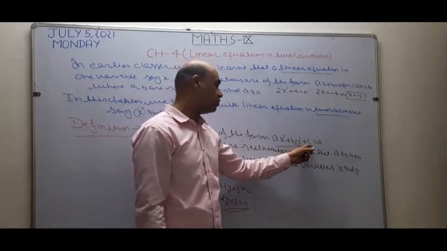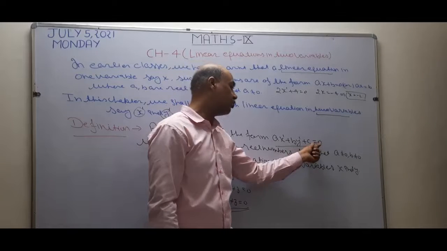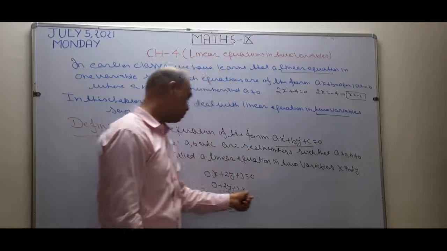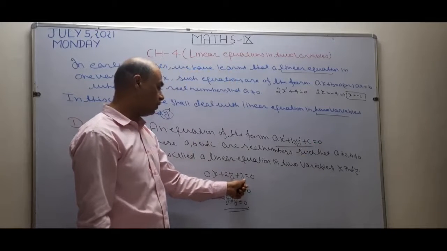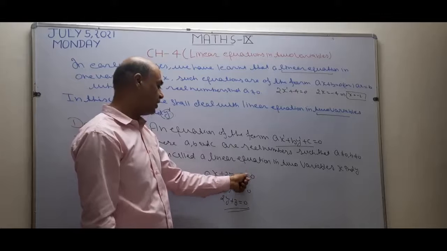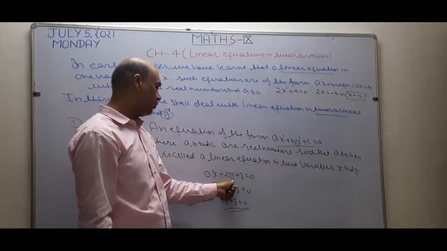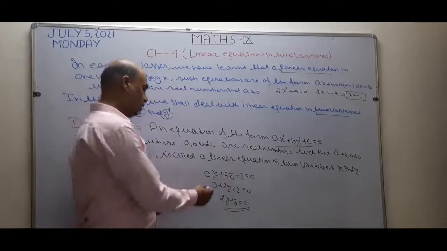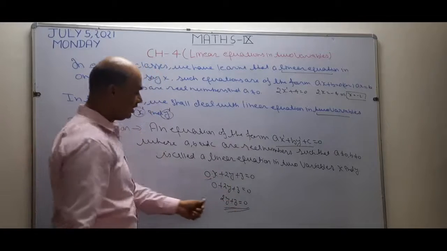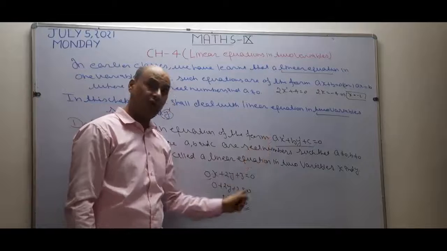Okay? And this c is going to represent the constant term. A non-variable term is going to represent the constant term. See, 3 is the constant term. No variable is there, neither x nor y. So this is going to represent the constant term. This is y and this is x. In this, we take a equal to 0. So this is going to represent a linear equation in one variable, not two variables.